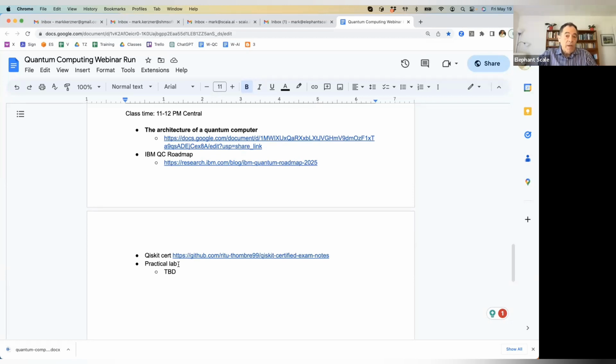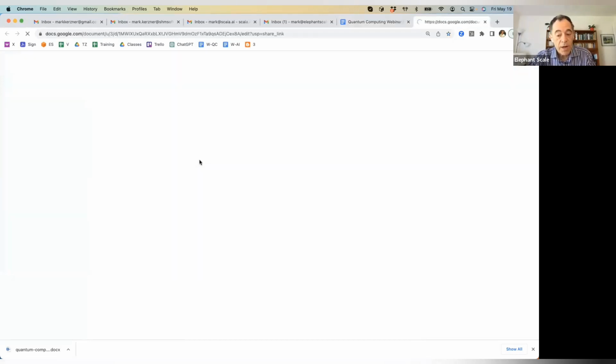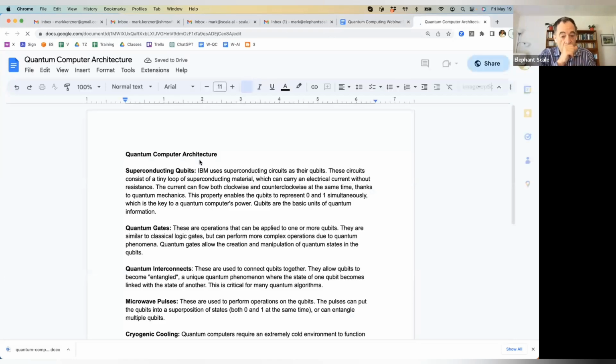That is, by the way, interesting enough because now it's at the end of May, and the beginning of June is when they open a season on Qiskit advocates. So we'll talk about this. That's the plan. Okay, if you have any more questions, please prepare them. Meanwhile, opening the architecture for the quantum computer.